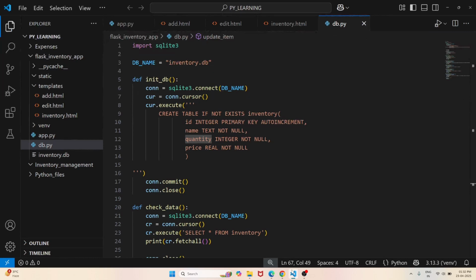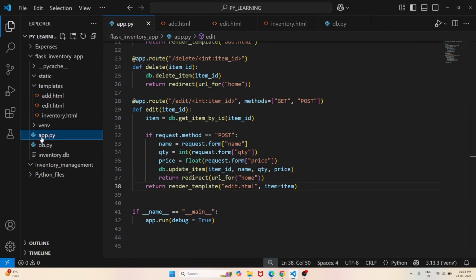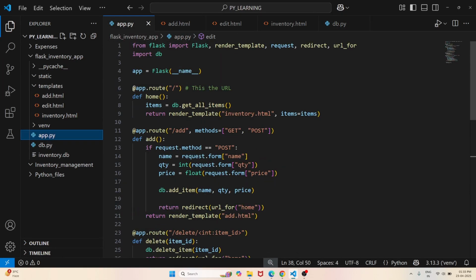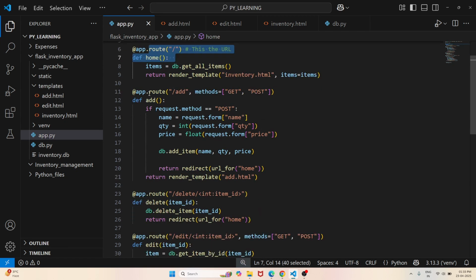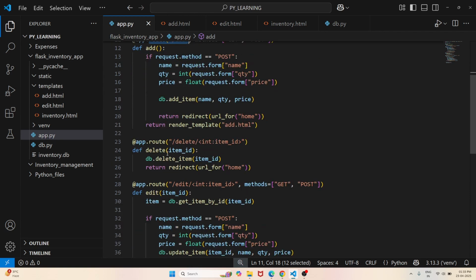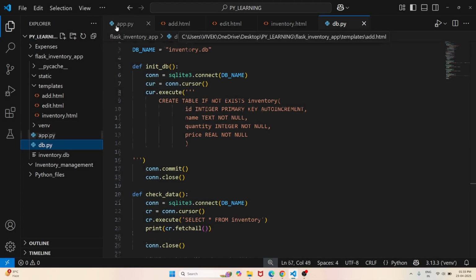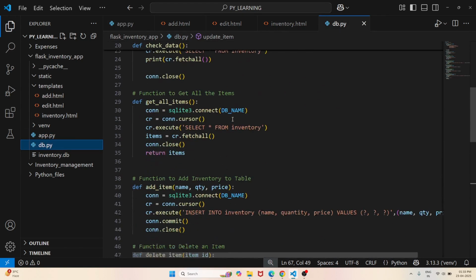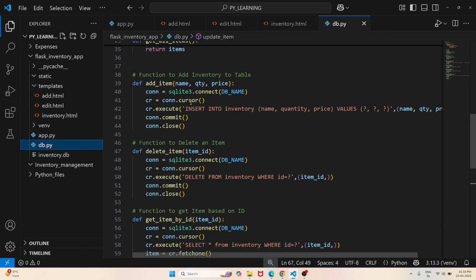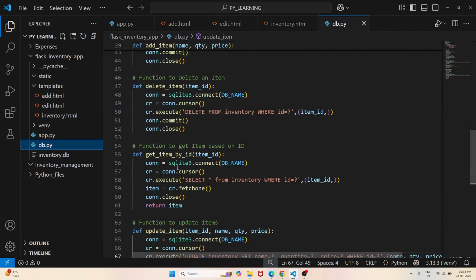Now let's do a quick review of our code. So we have created app.py. Inside this file, we have created routes. So we have the root URL and we have the add URL. We also have the delete and the edit URL. In our db.py file, we have created functions to get item, to add item, to delete item, and to update